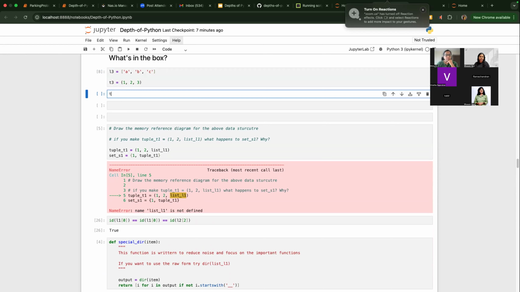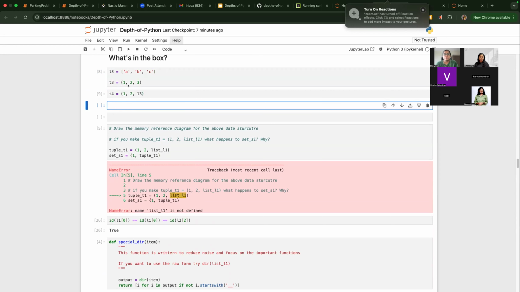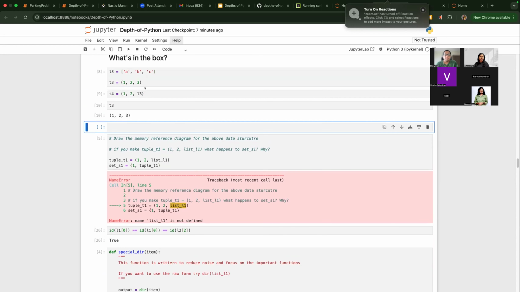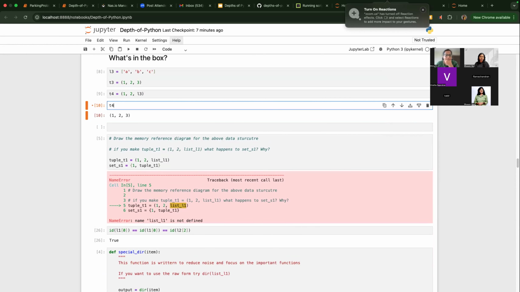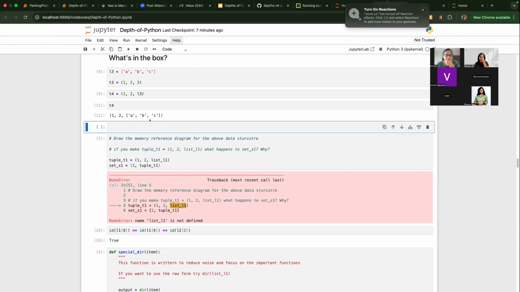Now I created another tuple T4, and then I will add 1, 2, L3. This is also valid. Now, if I do T3, it's 1, 2, 3. If I do T4, it's 1, 2, and ABC.